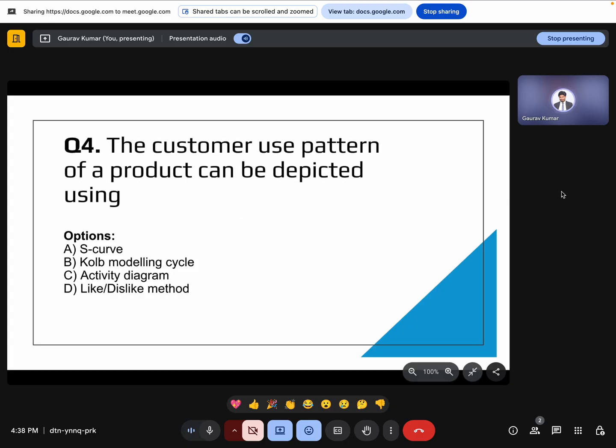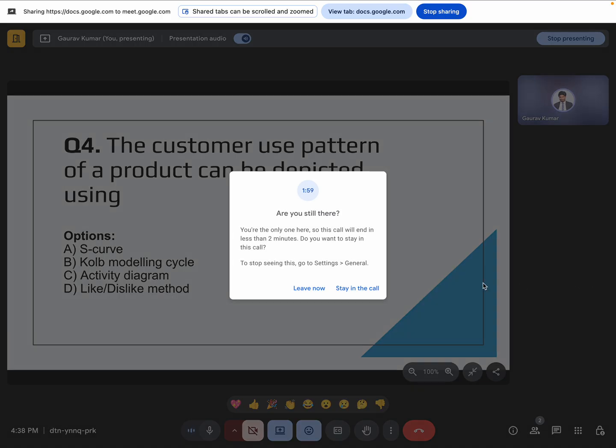Question number 4, the customer use pattern of a product can be depicted using an S-curve, Kolb cycle modeling, activity diagram, or like-dislike method. What will be the right answer? Okay, so an activity diagram is